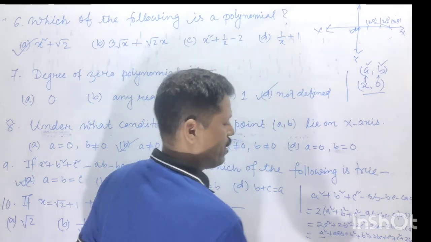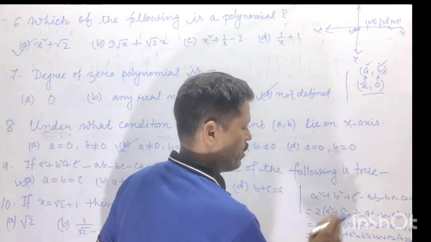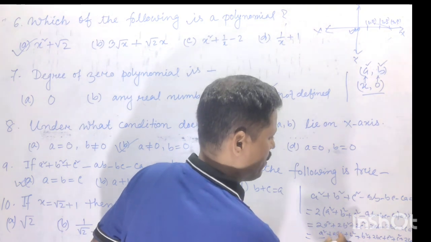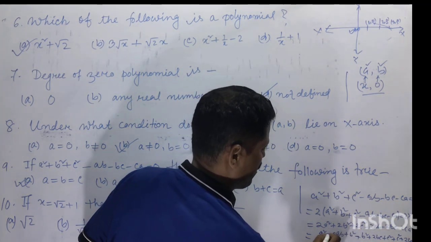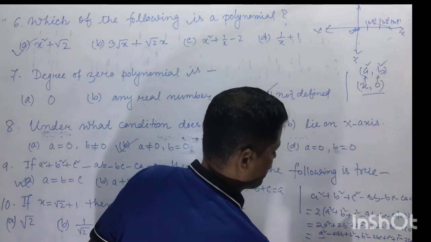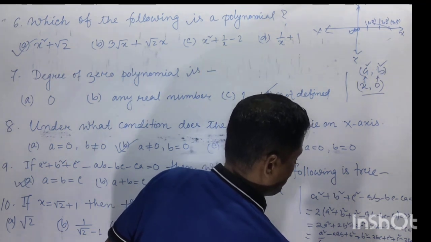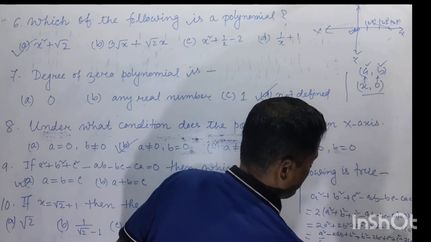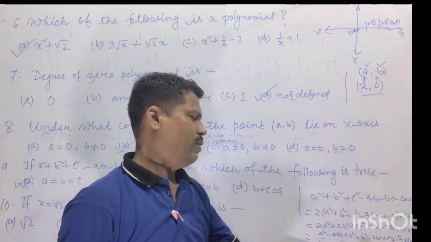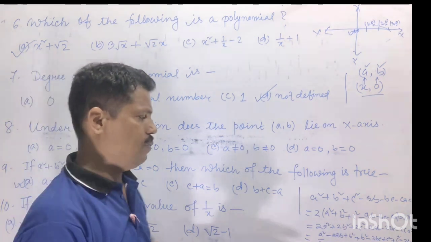That means a square plus another a square is 2a square, b square plus b square is 2b square, and c square plus c square is 2c square. And they have minus signs: minus 2ab, minus 2bc, minus 2ca. Ultimately we get (a minus b) whole square plus (b minus c) whole square plus (c minus a) whole square is equal to 0. If the sum of these squared terms is equal to 0,